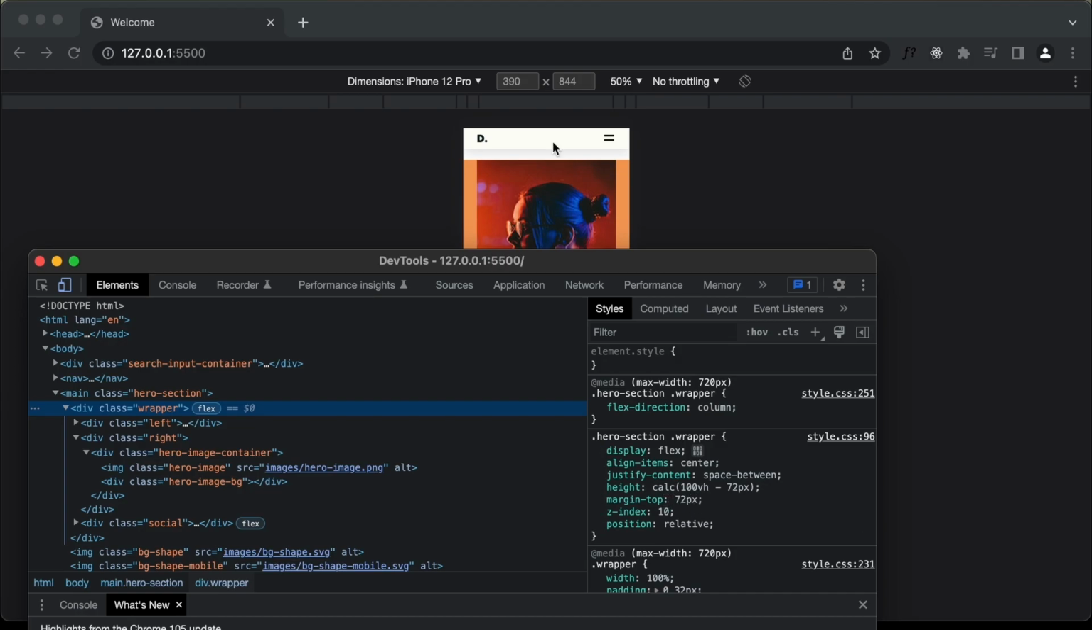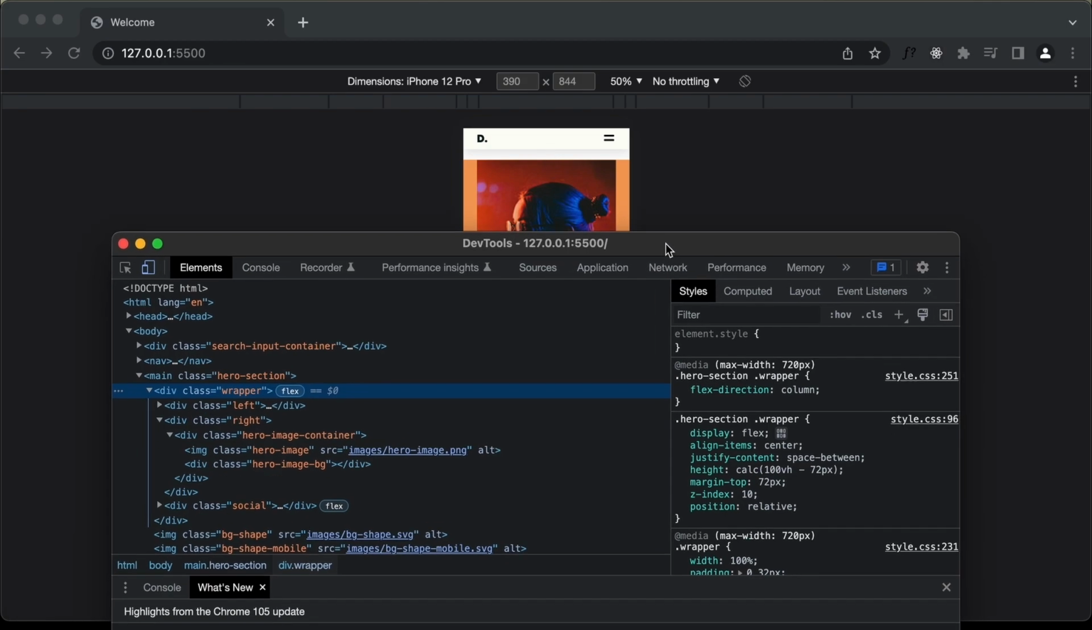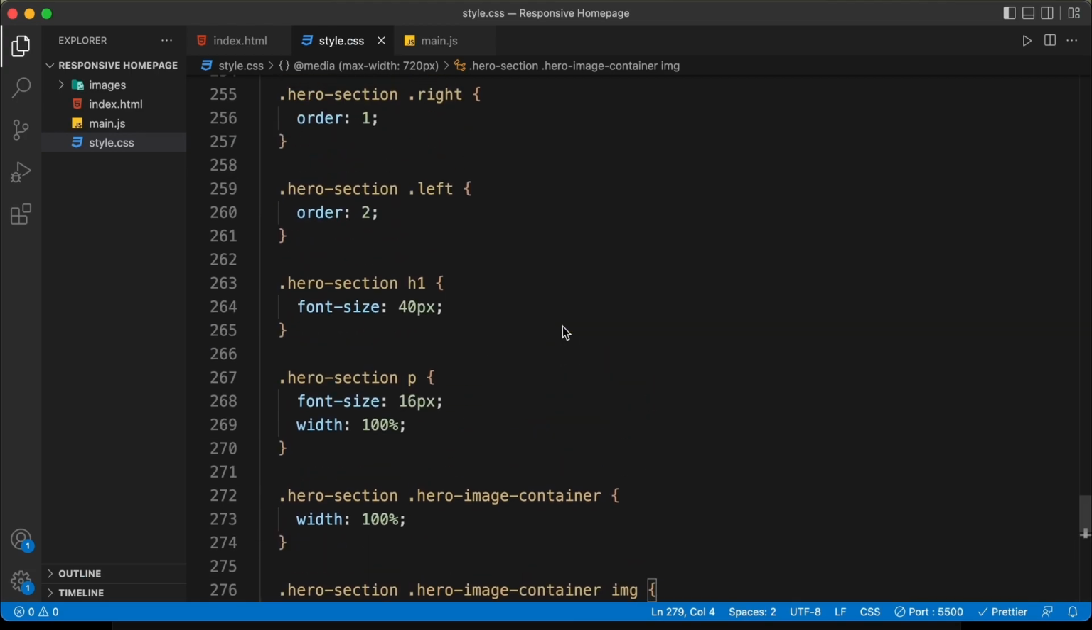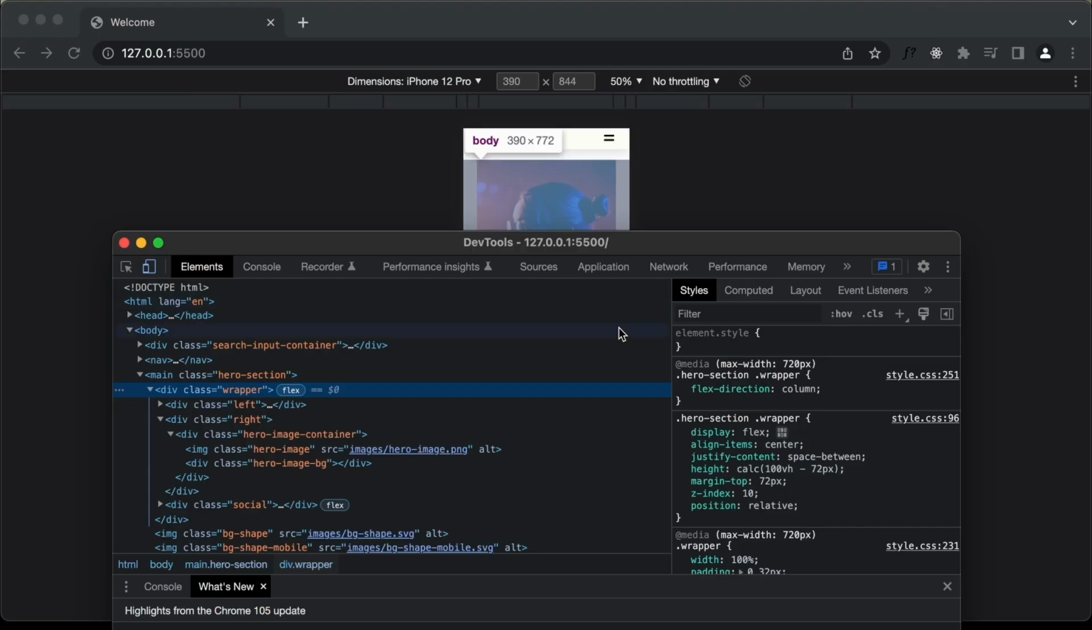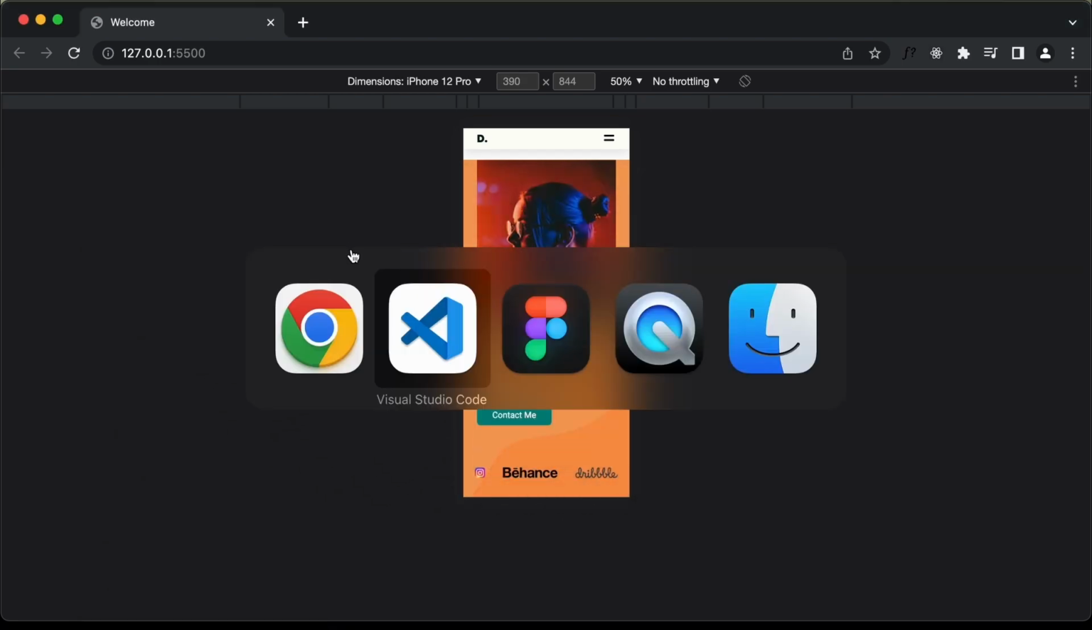But now for the smartphone version we have decreased the height of this nav, so we have set it to 48 pixels. So if you scroll up, here we can see we have set the nav height to 48 pixels. So we need to set the height to 100 viewport height minus 48 pixels, and also the margin top to 48 pixels. So let's copy this selector, and let's go back to our CSS,